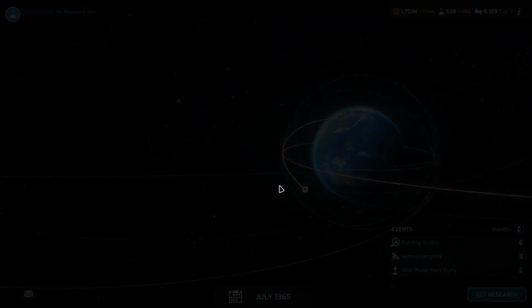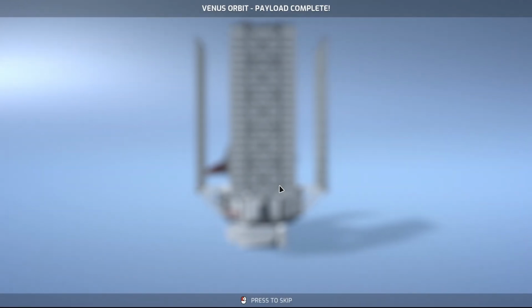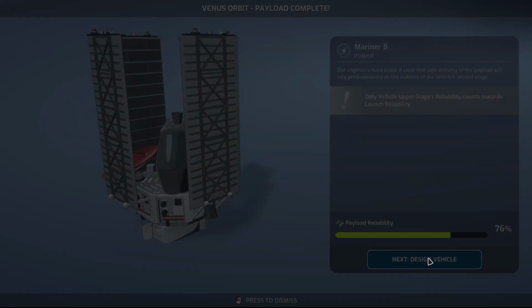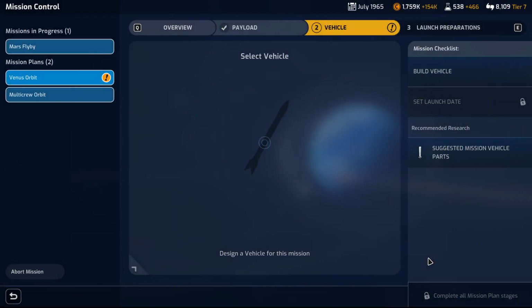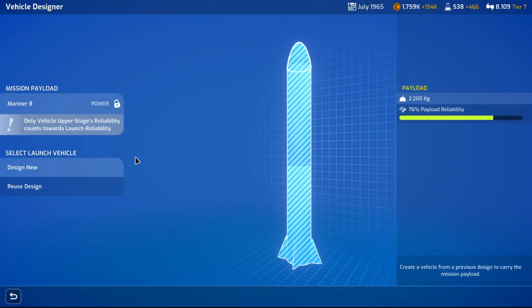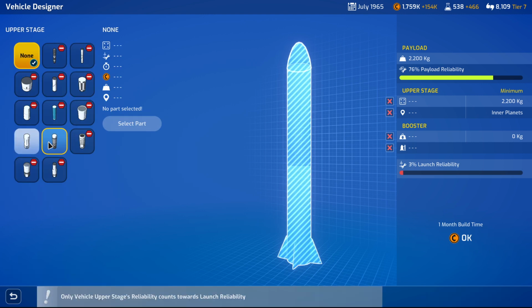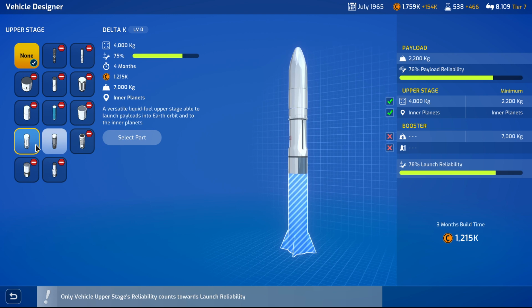Agena research complete. Thank you. Venus orbit. Payload is complete. Now let's design a vehicle. Okay, so what can we do in terms? So only the upper stage counts towards the launch reliability. Only the upper stage. What can we do? We can actually do Delta K